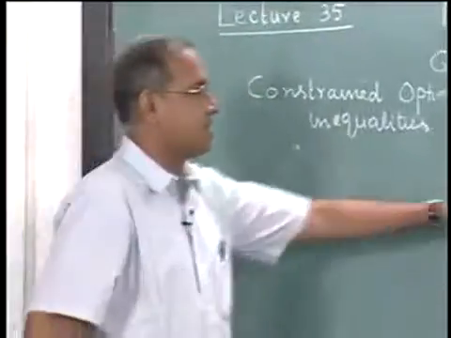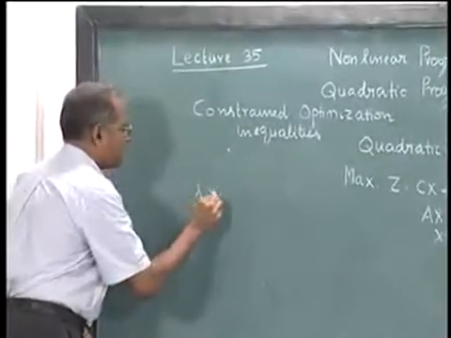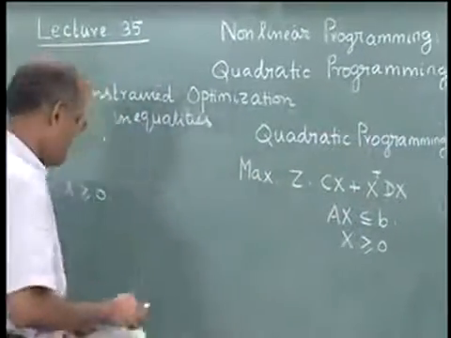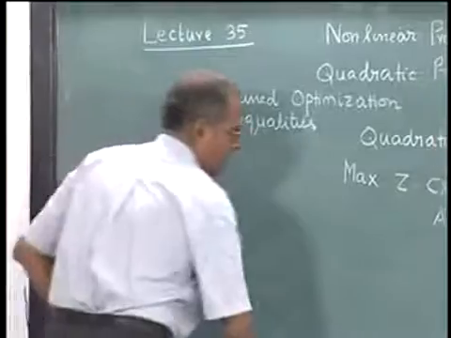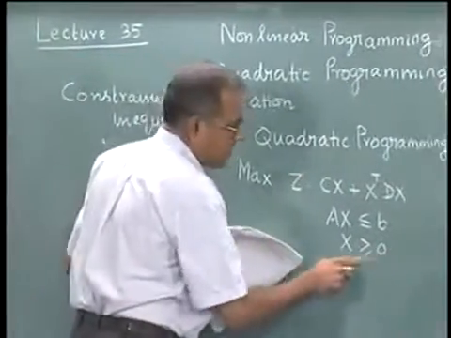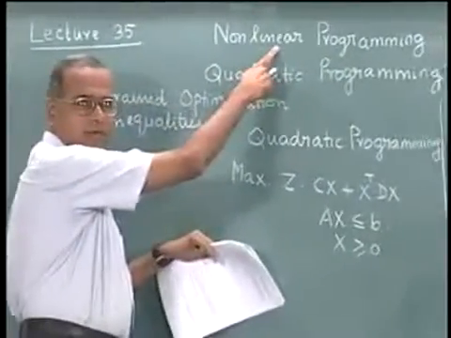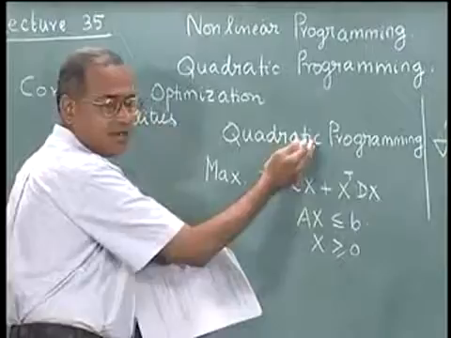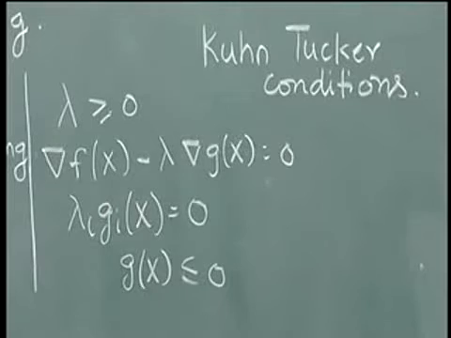Now if we have a quadratic programming problem like this, and we write the Kuhn-Tucker conditions for a maximization, the first thing that we will have is lambda greater than or equal to 0. There are as many Lagrangian multipliers lambda here. The quadratic programming problem has an explicit condition that x is greater than or equal to 0, but the Kuhn-Tucker conditions are derived for a general nonlinear programming problem. So in order to write down the Kuhn-Tucker conditions, we write this also as a constraint. When we do that, we get it of this form: maximize